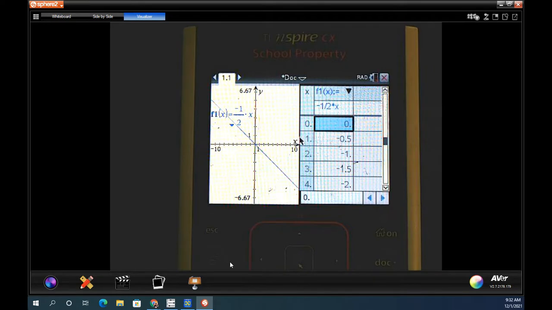Honors is having a hard time with this. You can't plot -0.5, can you? There's no mark for that. But they keep doing it. They keep doing it. Here's a point. Can you plot 2, -1? Yes or no? Yeah. So go to your table,